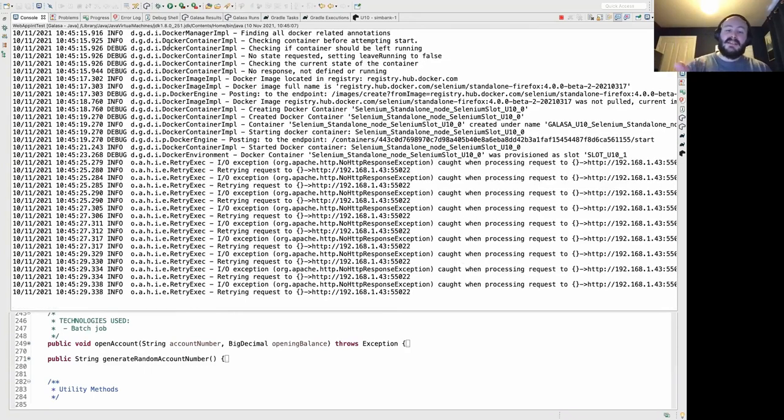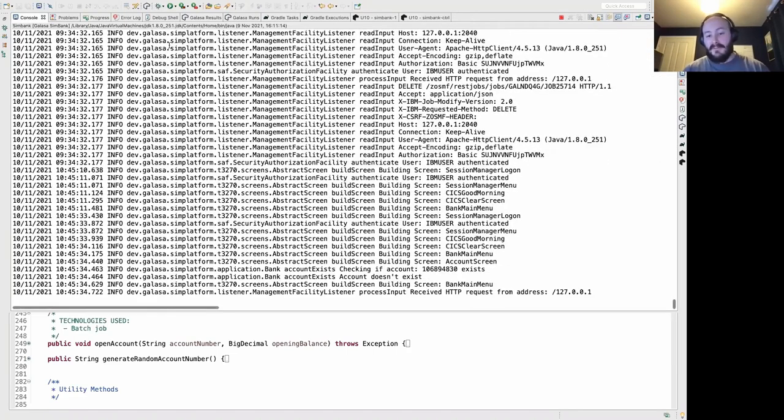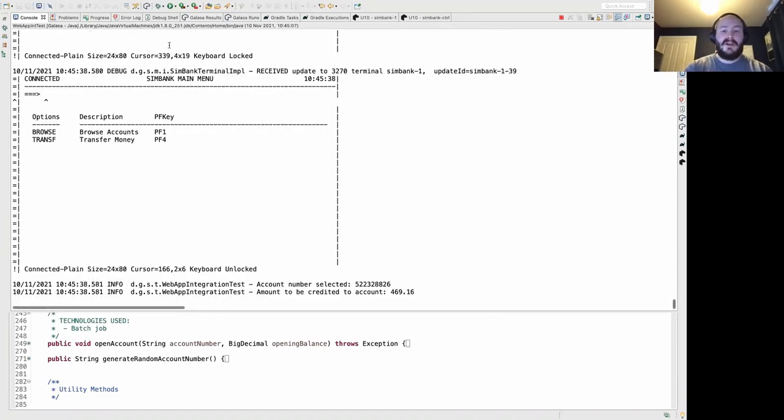We've actually got a Selenium engine, which has been starting in the background now, which is waiting for that web server to come up. That's up and it's happy. And now the test has started. We're driving some of our 3270 screens, which are checking the credited amounts of a generated and opened bank account and credited money to it. Hopefully we should see some red text pop on the screen in a second, which is the Selenium logs coming